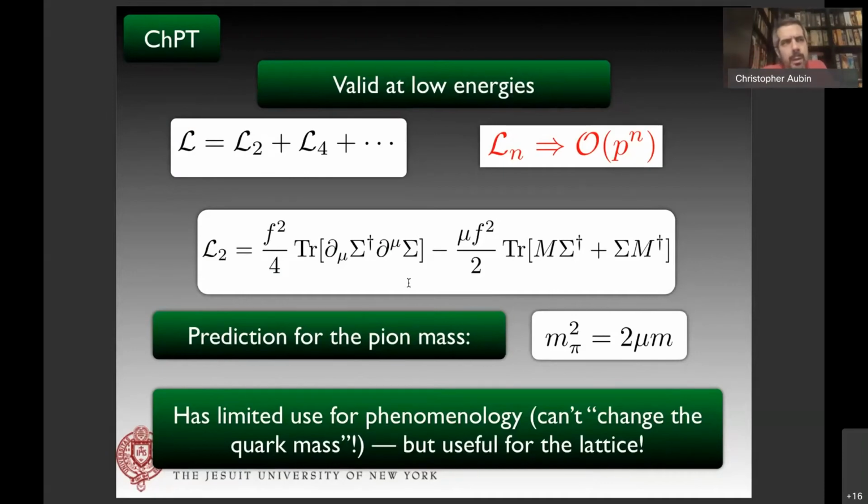Just avoid the Wikipedia article on this. It's just horribly incomplete. The leading terms actually look like this here. Okay, this one term, remember sigma is a 2 by 2 matrix, for example, if you're talking about SU2. And so this first term is invariant under the SU2 cross SU2 symmetry, but it actually has